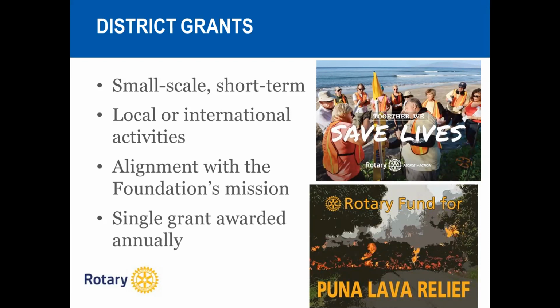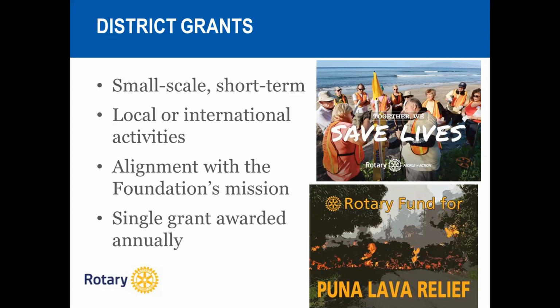Districts receive this funding as a lump sum, and then we distribute it to our clubs. Every year, the District 5000 Rotary Foundation Committee meets to decide how the district designated funds will be allocated. This year, the committee decided once again to request the full 50% of DDF to be allocated to our district